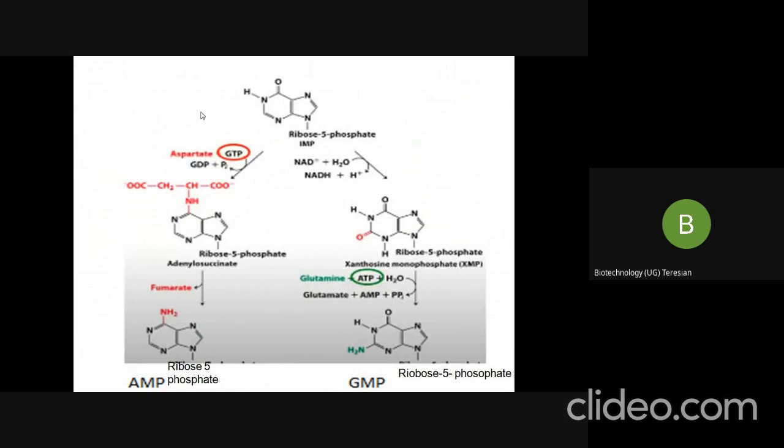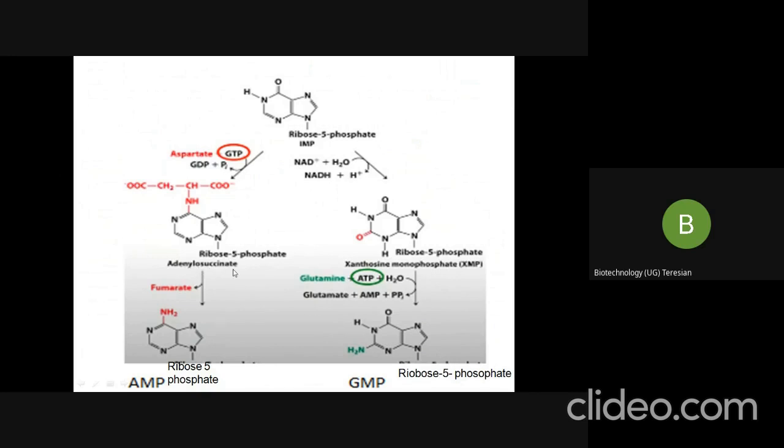So what is my starting material for the production of adenine and guanine nitrogen bases? It is your ribose 5-phosphate IMP, inosine monophosphate, whatever we saw in the previous slide. Now this is the starting material for both AMP and GMP. You can see here, I'll be just mentioning in short forms, okay? So your IMP forms what? Ribose 5-phosphate